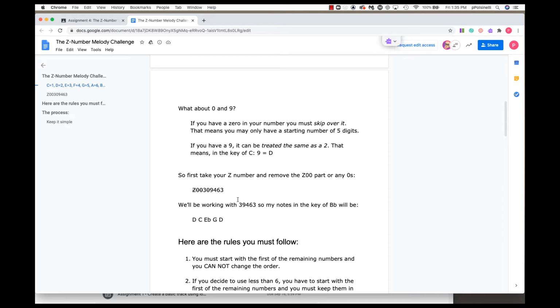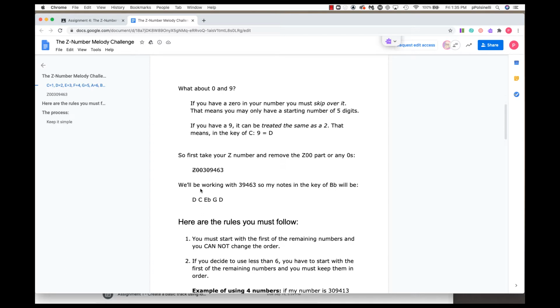Okay, there's a reason for that, which we'll get to in a later class when we start talking about extending chords. So in this example, if I had a Z number, Z00309463, okay, if I had that, my 4-digit motif would be this, okay? So let's see what we'll have here. So we'll be working with 3, 9, 4, 6, 3, which will give me D. Well, let's put this together here. So if I'm in the key of B flat,